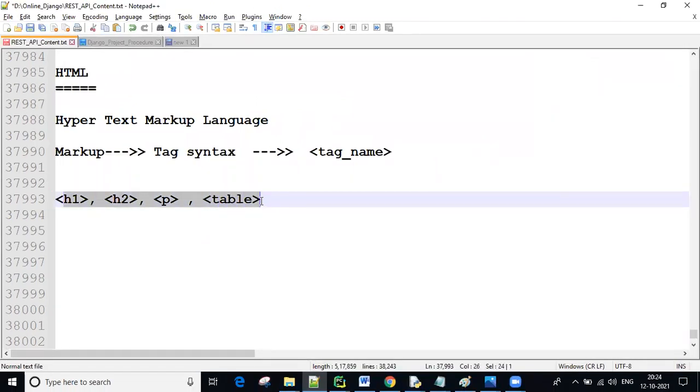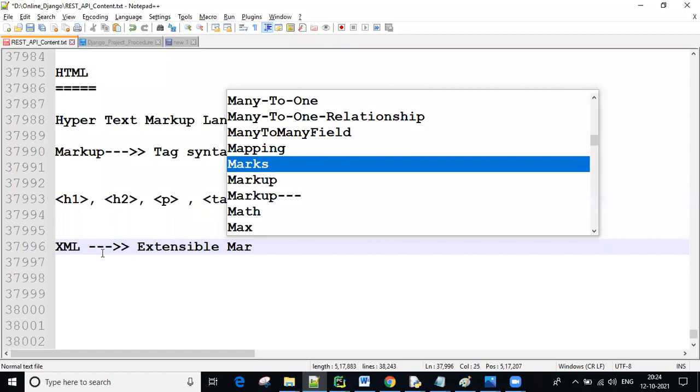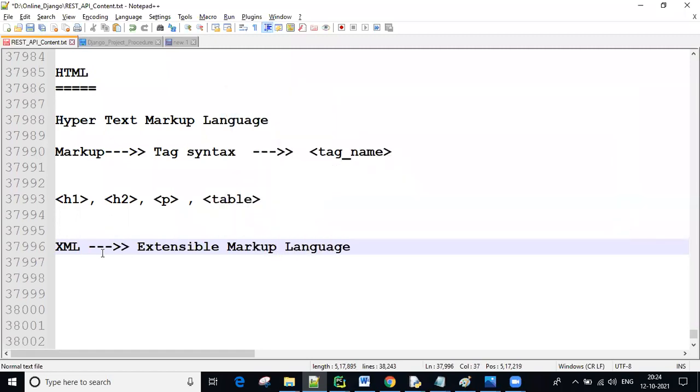Got it? And also, guys, XML is there, one more language. XML stands for extensible markup language, and XML is also following the tag-based syntax only, like HTML.